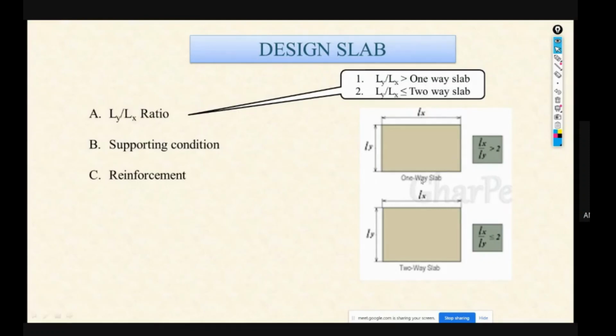The most important thing is what is meant by Ly and Lx. In this figure, they have considered Lx as the greater span and Ly as the shorter span. But as per IS 456, generally we follow the IS code, and the total guidelines for all the RCC structural elements are given in IS 456. So generally we are referring to IS 456, and as per IS 456,